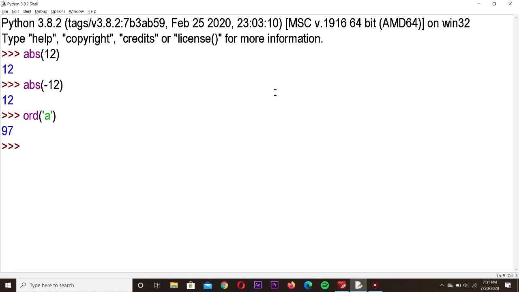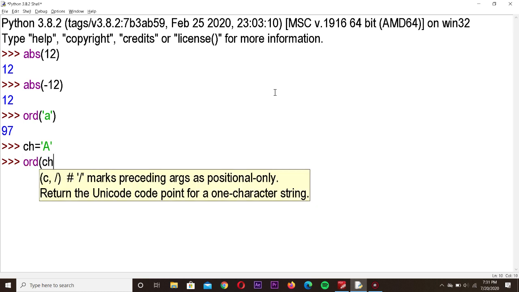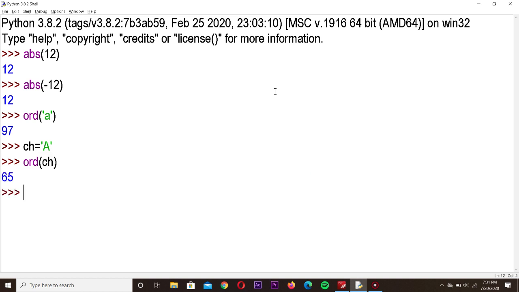We can also assign it to a variable and then use that variable inside this ord function. For example, I am assigning capital A to ch. Now I am writing ord of ch. It gives 65, that is the corresponding ASCII value for capital A. So this is used for giving the ASCII value for the given character.